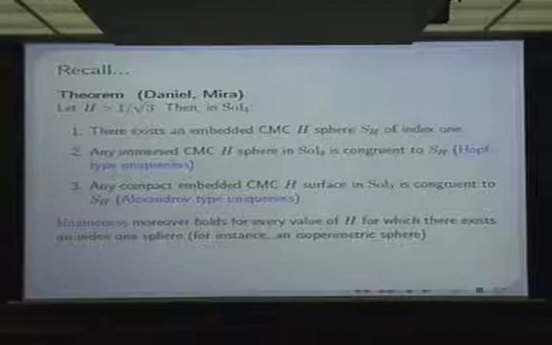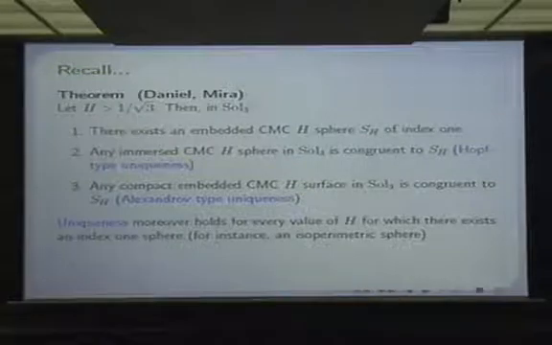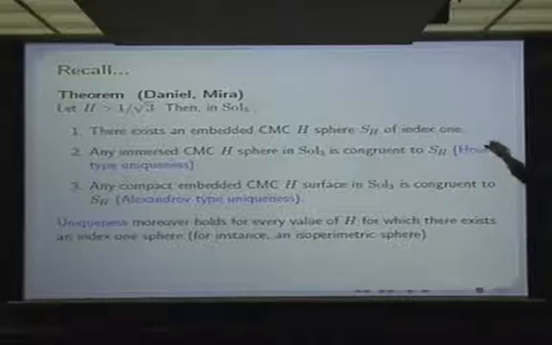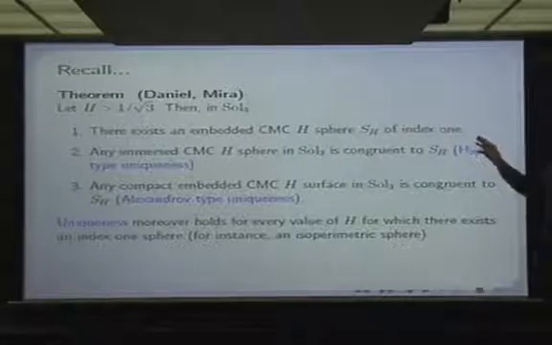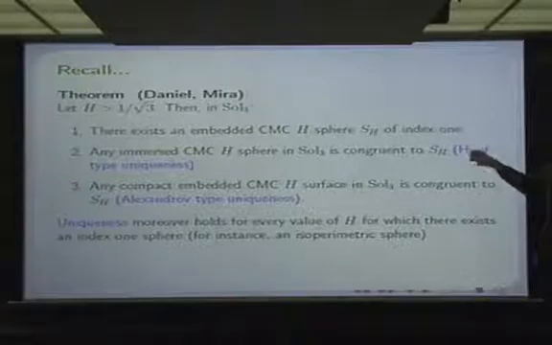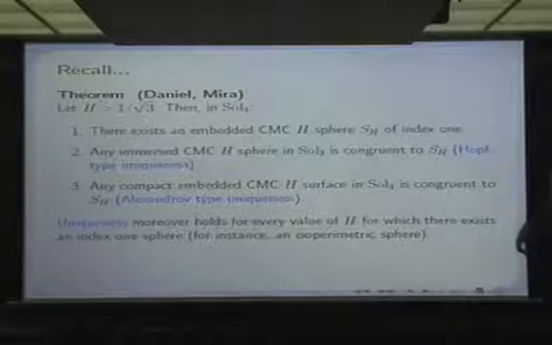But in Sol 3, as I explained previously, you have a very big problem at the very beginning, and that is that you don't know how to construct a constant mean curvature sphere. Okay, so you know that there are spheres, but you don't know what they look like, and you don't know which mean curvature these CMC spheres have. So you first need to understand if there are constant mean curvature spheres for a given value of the mean curvature. So we prove that this is true whenever the mean curvature is greater than 1 over the square